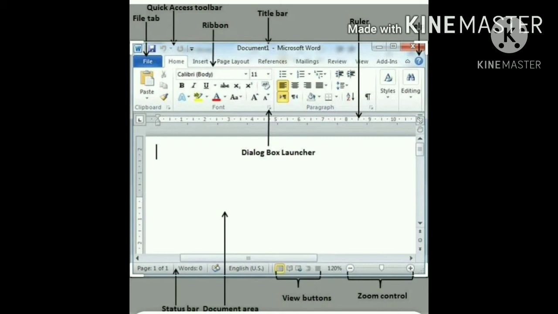Not only this, the software giant also plans to take on the big daddy Google, which offers web-based Google Docs. Okay, 10 new features are coming in Microsoft Word 2010.